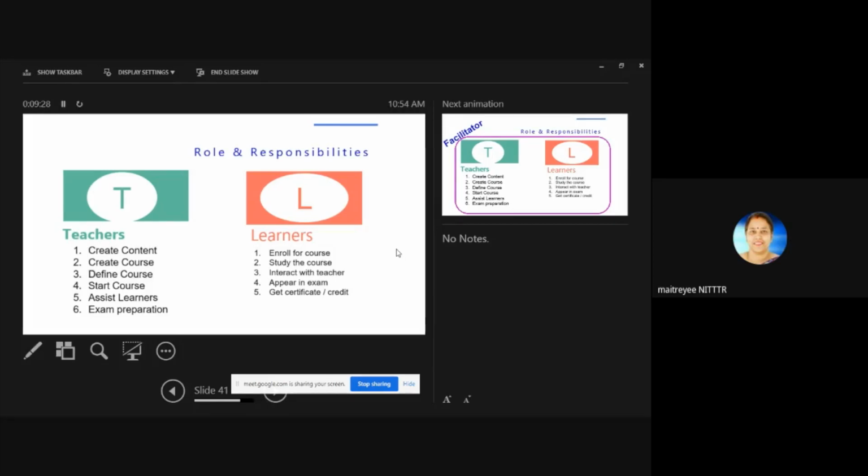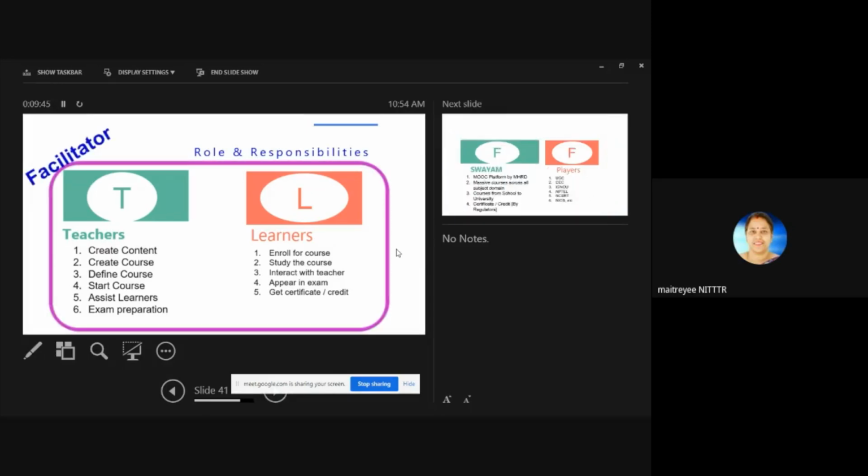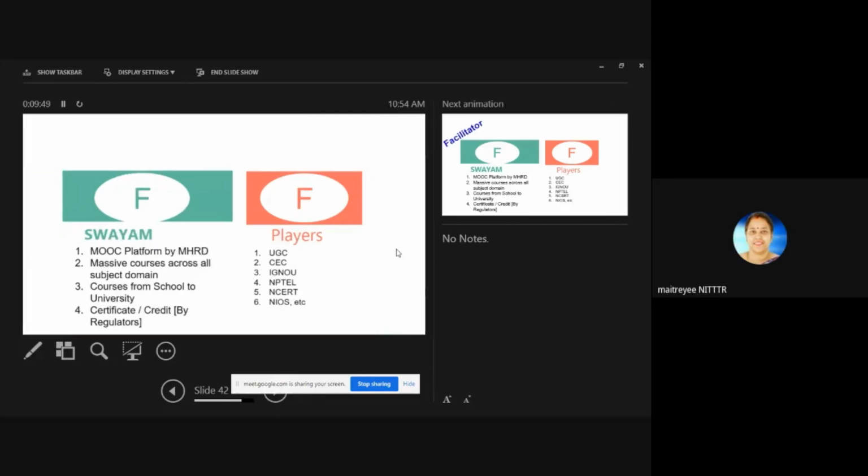Dashboards are there, and learners can ask questions, the teacher can see the question and give the answer, and can give interactive time so there can be direct interaction with the teacher. Then you appear for the exam and get the certificate. These are the roles and responsibilities.